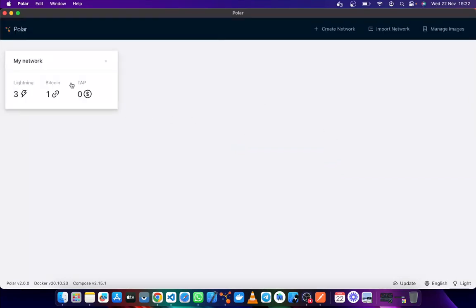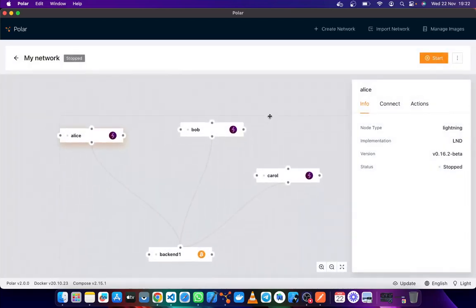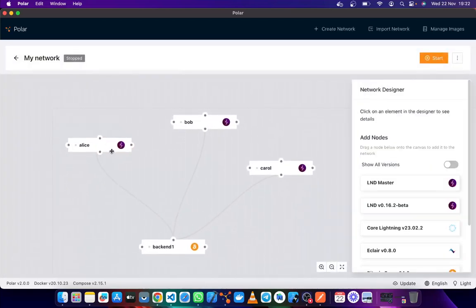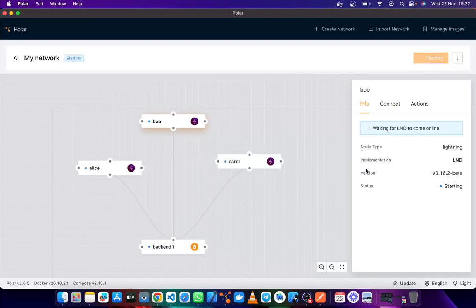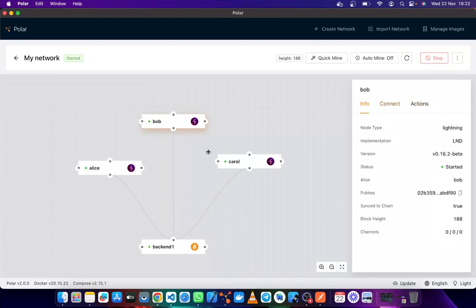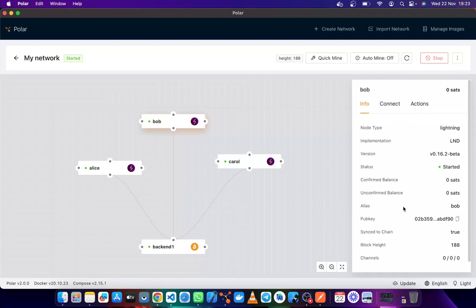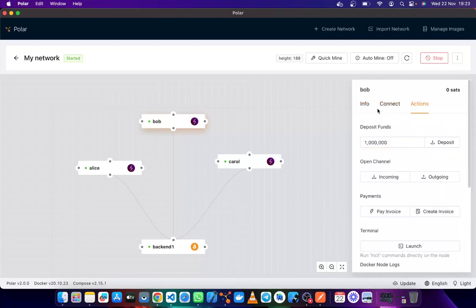Okay, so this is Polar, and this is our small lightning network we were doing yesterday, and it's what we are going to build on. So we have Alice's node. Let me start it off. Waiting for it to come online. Yesterday we added some small information.